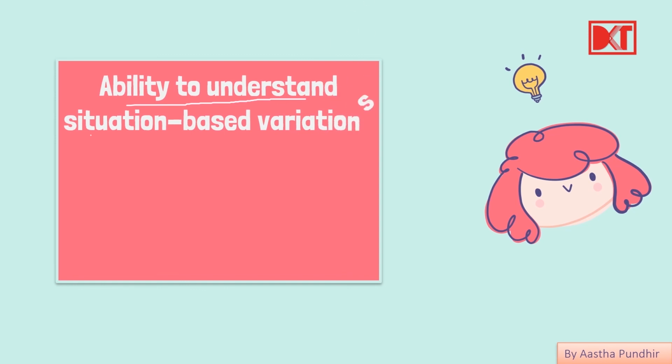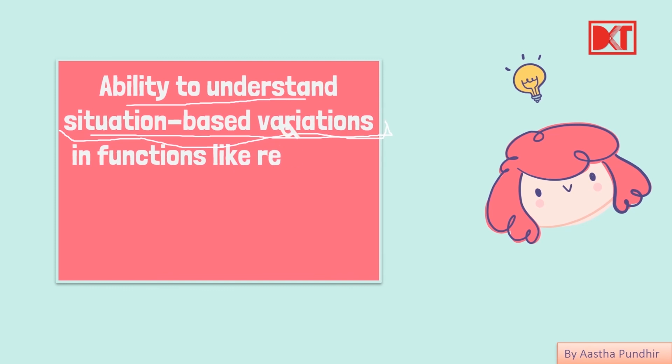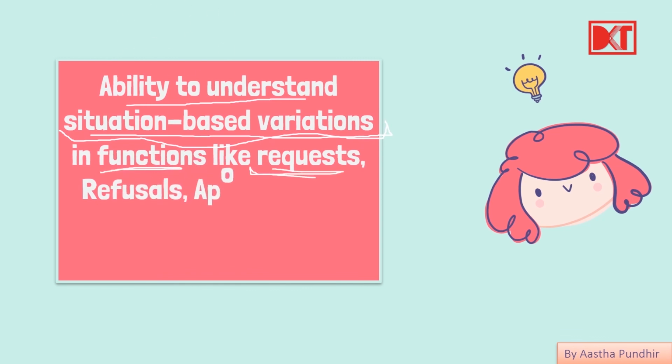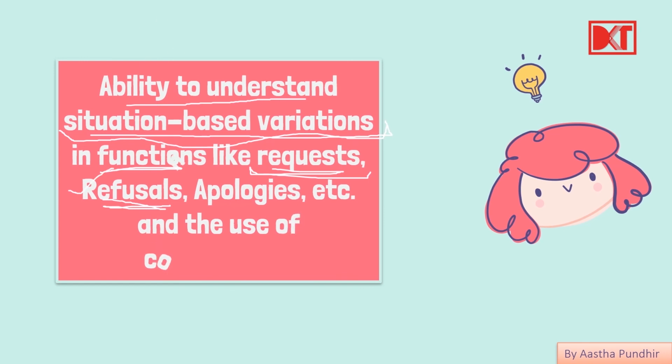various situation based variations. What are situation based variations? They differ with every situation. Alright, and where do we have to understand these variations? In various functions, like any request. When you are making requests, you usually say please. When you are refusing something, there are polite ways. There is a formal and polite way of refusing something. And apologies, when you are apologizing, saying sorry for something, or saying pardon me, I couldn't hear you, or I beg your pardon, apologies like that, request,